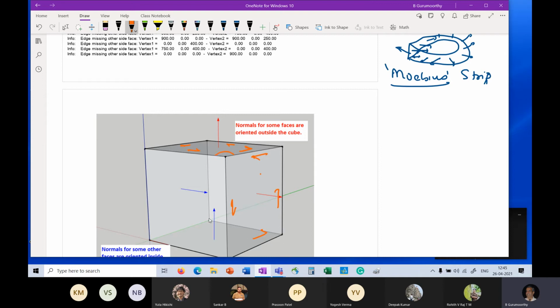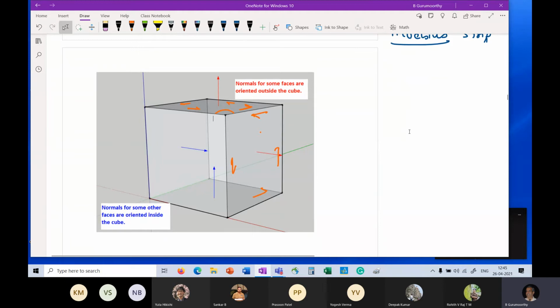Now I have a case where the bottom face here, let me pull this up a bit. On the bottom face here, the normal is pointing inwards, and therefore again, my traversal of edges in the bottom face is like this. And you can see here that this edge, which belongs to the bottom face and the left face, is being traversed in the same direction, and therefore I have a problem.